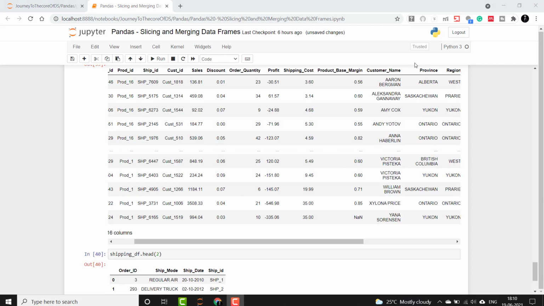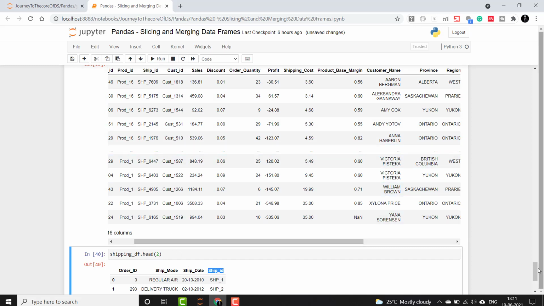Now similarly we can merge the other dimension tables such as shipping df and order df to create a master df and perform indexing using columns in the master data frame. Okay, so let us merge all those. Let us create a data frame 3 with the key as ship id to merge on.